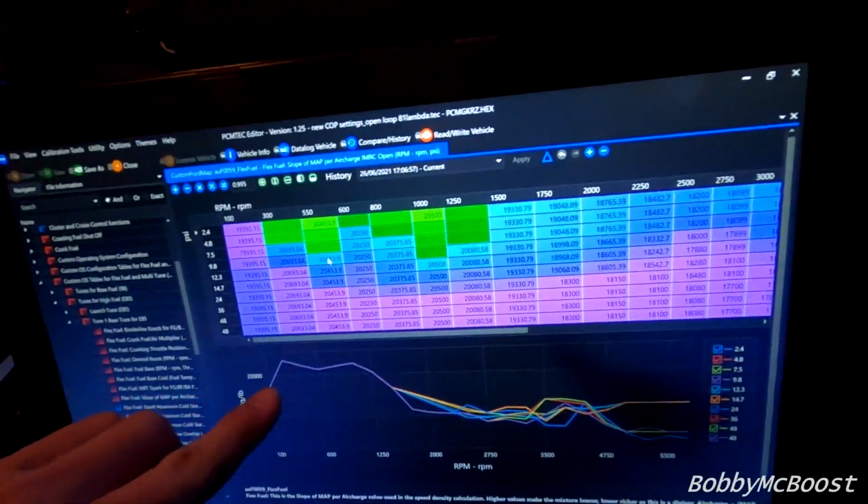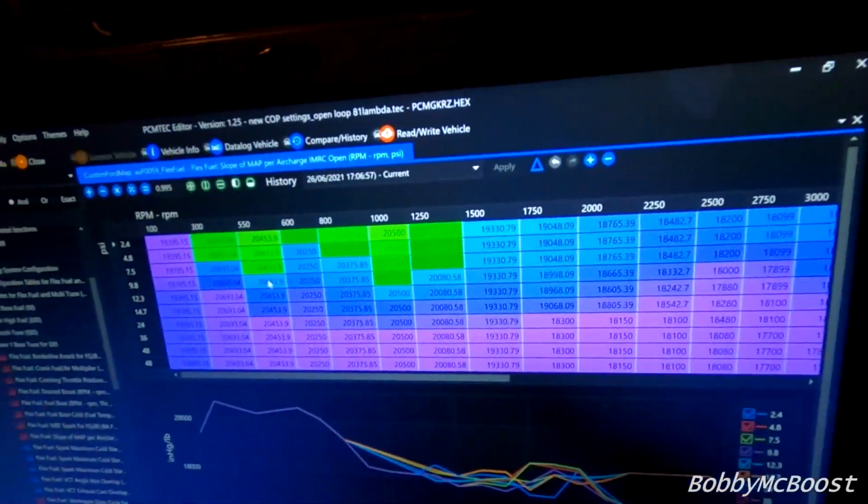I've made this graph from some educated work from the original slope values via cam. It was correct at wide open, but everywhere else, I reckon it would have been all over the show, targeting all different fuels. So this will make it nicer to drive and gives heaps more flexibility with tuning, pinpointing our fuel spots. But in doing so, I've made quite a job of myself getting my fueling right. So that's the long version of what's going on and why my fueling and everything else is taking its time